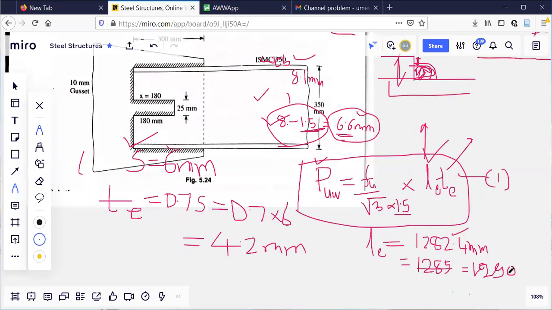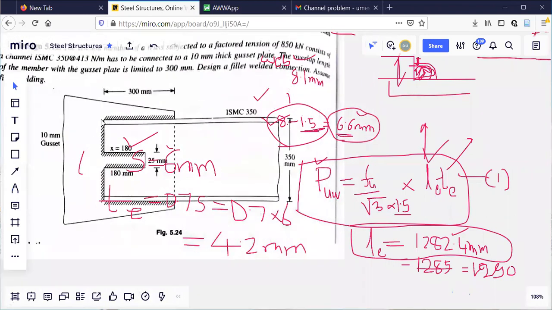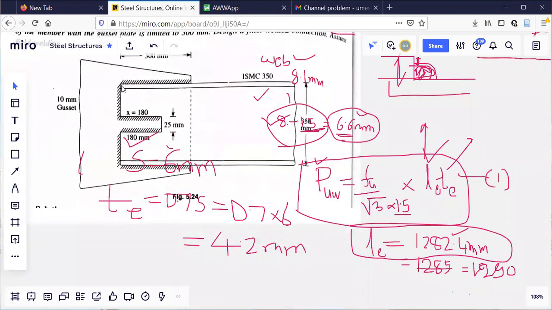So here what I will do is, let us say I got the actual value as 1282.4. But how much is available now if the overlap is restricted? If the overlap is restricted, how much is available here? 300 plus this one, this is 350, again 300. You add that and check with this number, 1282.